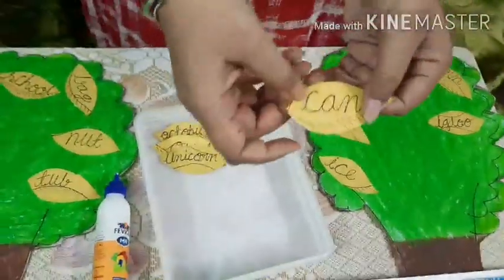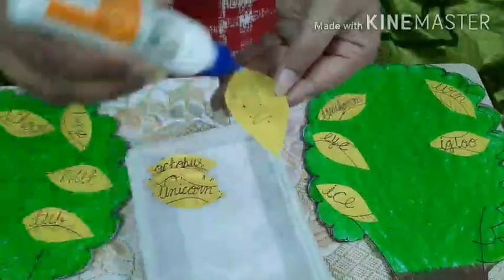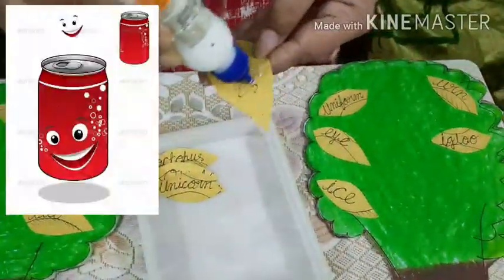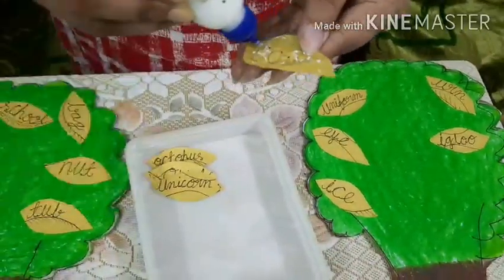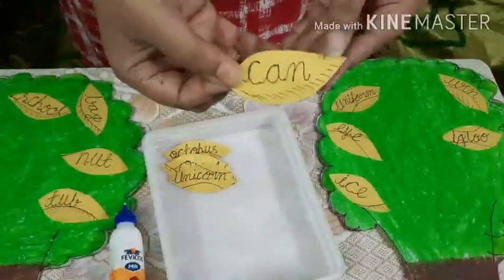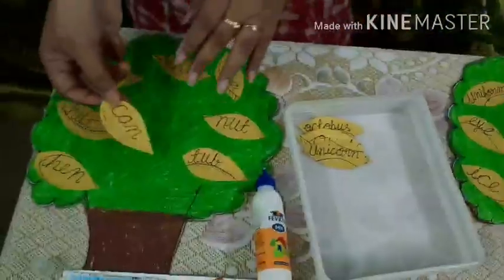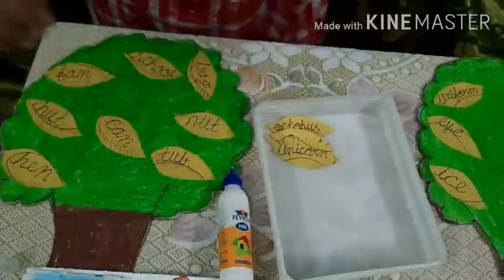Now see this word. Can. Can means the can we find with Pepsi, and it can be a juice can, anything. Okay, so C is a consonant. It will come here only.